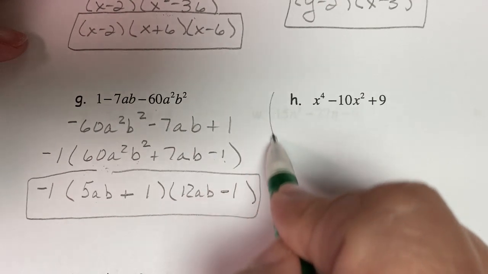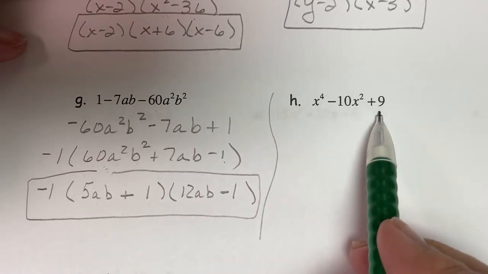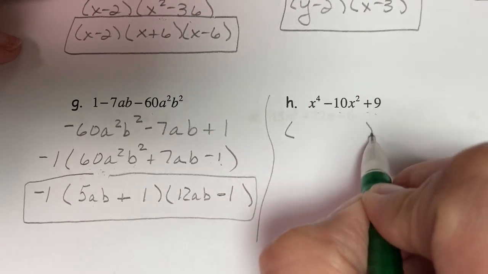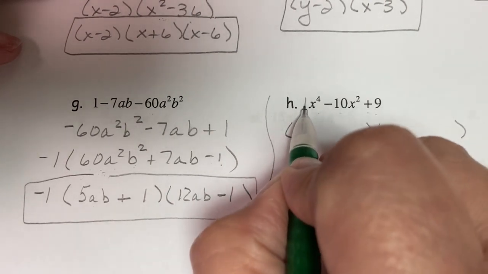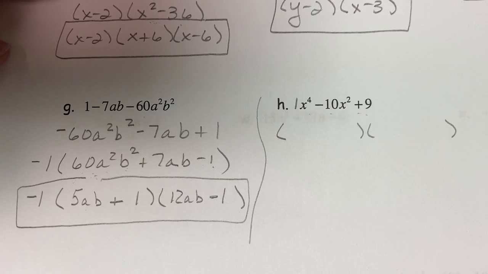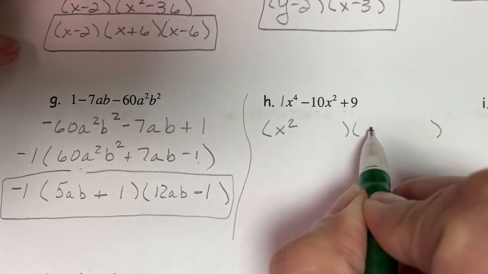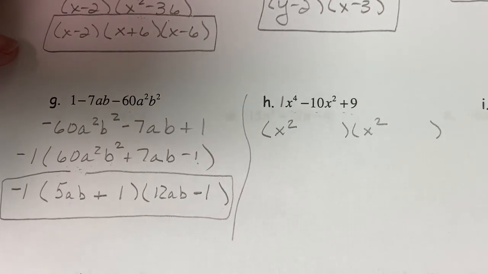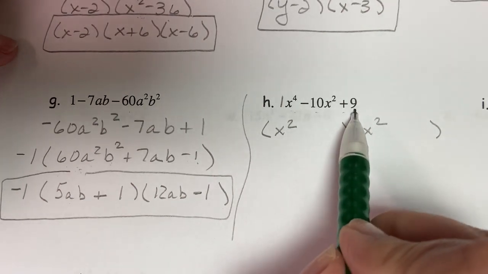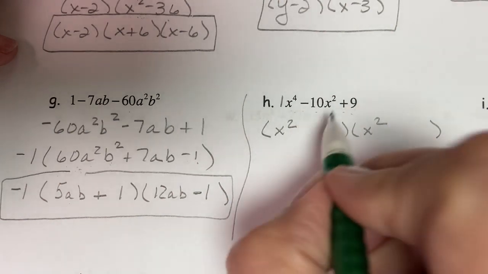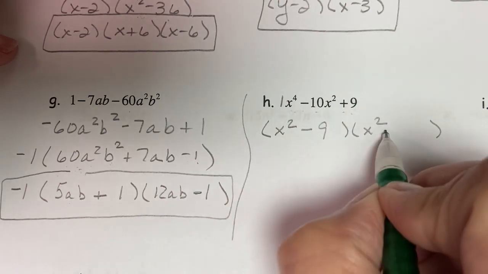All right, let's keep going. No GCF. I count 3 terms, so here we go. I'm going to backwards FOIL, although because this is a 1, it's going to be a little bit easier. So x to the 4th will break up into x squared and x squared. What can I multiply together to get positive 9 and add together to get negative 10? Well, that's going to be negative 9 and negative